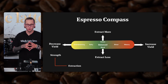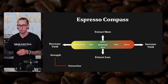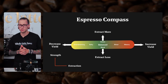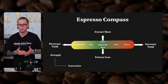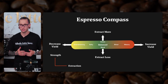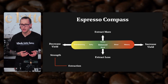So if you're pulling exactly in 27 seconds, you're exactly at 36 grams with an 18 gram dosage, and your shot is still coming out bitter, being on the red end of this, what this is basically showing us is to back off on bitterness and move towards a more balanced flavor. We want to go towards the left, which is to decrease our yield, basically running a slightly shorter shot. Conversely, if your shot is coming out very salty or sour, we're going to want to